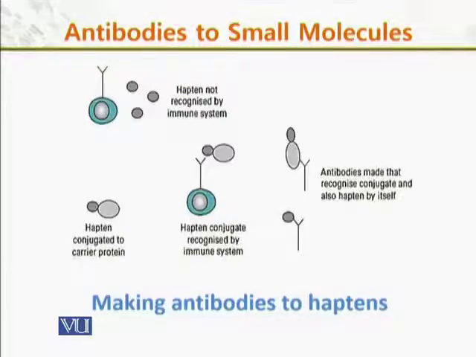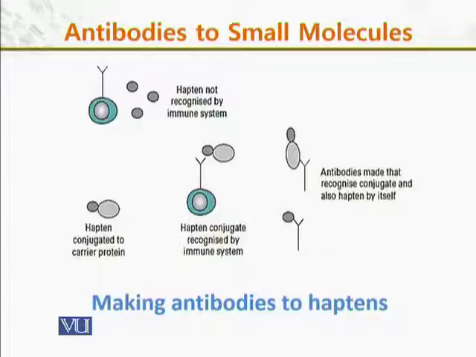Just as shown in this diagram, the hapten molecule alone is not recognized by the immune system, but the hapten is recognized by the immune system when it is combined with the carrier, so that its